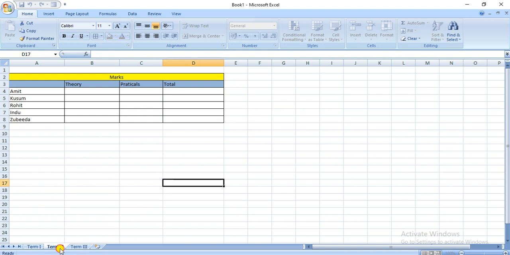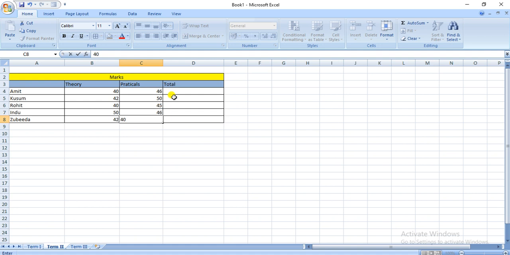Now I am going to enter data for term 2. You can enter any random numbers for theory and practical marks. So I am entering 40 to 45, 50 to 46 and 42 to 40.